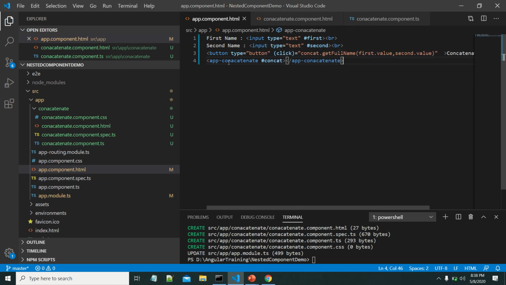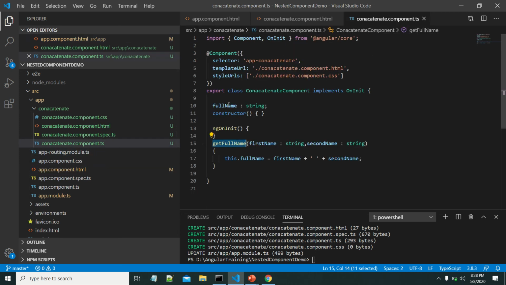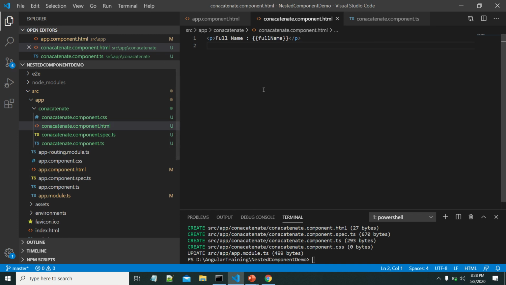Now for the button we are using the click event where we are calling the concat child component method, that is get full name. Generally, what it will do is assign to the property of the child component full name, with first name space second name, that will be displayed in the concatenate HTML file. Let us try to execute this and see the output.